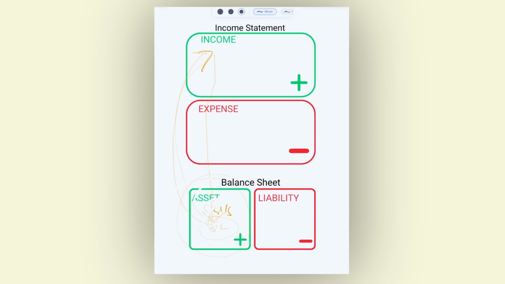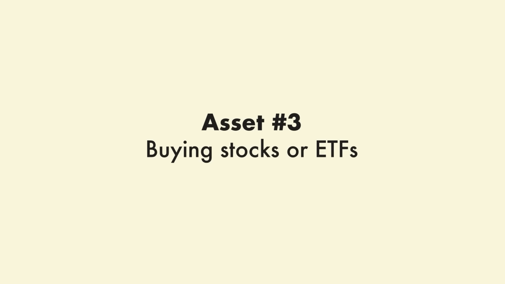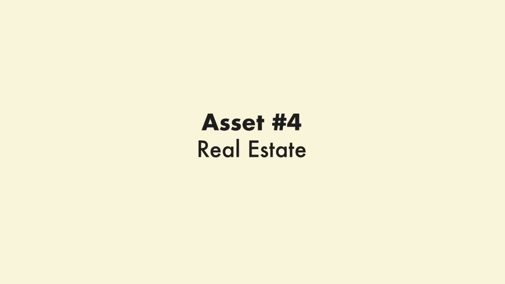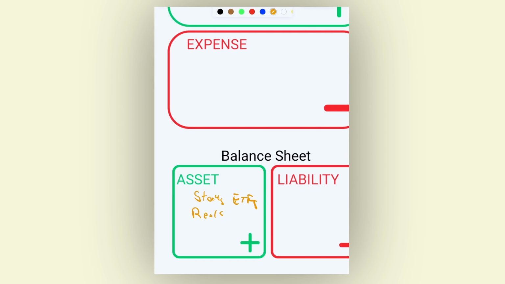Now, a few other assets that we hear about are things like buying stocks or ETFs or low cost index funds. And this is actually what the majority of people do to create wealth to achieve financial independence. And it works because these investments produce dividends or interest and they get reinvested into the funds themselves and then they appreciate over time. And some other people buy things like real estate. It could be an individual income property that's cash flow positive, or it could be syndicates, or they might invest in REITs, real estate investment trusts that let you own a piece of properties without being the landlord.